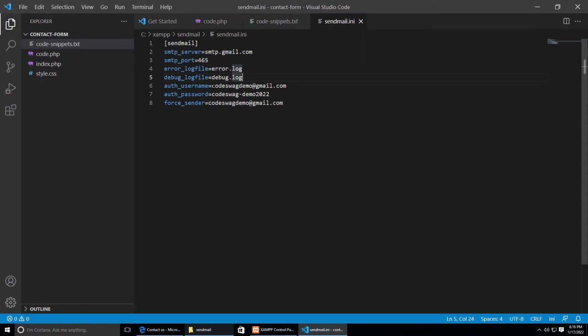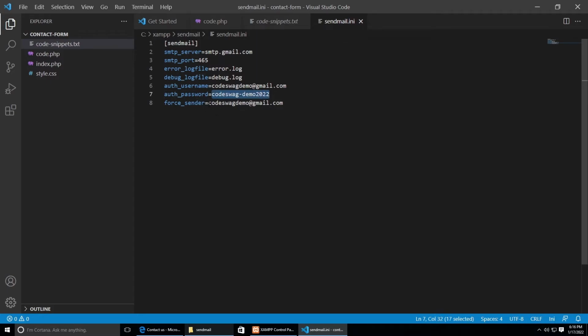And as far as logging in, we're going to tell it that our authentication username is codeswagdemo@gmail.com, and our password is this, codeswag-demo2022. So when you are setting up your email, your Gmail, for you to send emails through, you need to put in your own Gmail account and Gmail